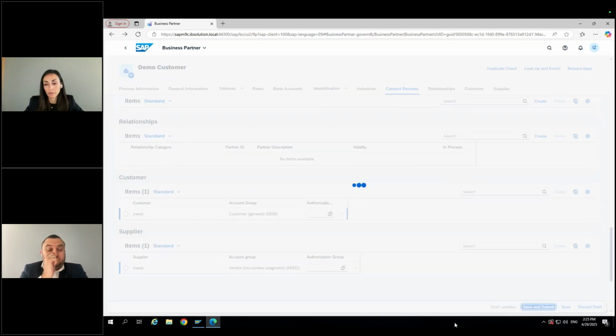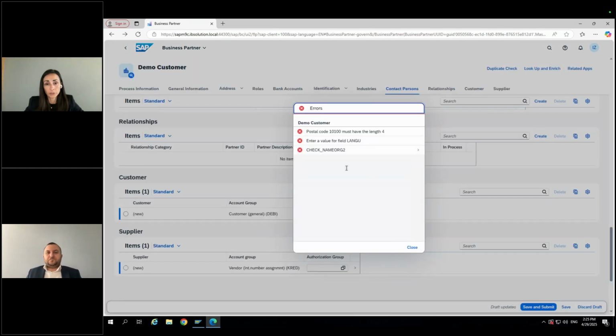But save and submit will also do all the validations and tell us which errors we still have to maintain. Right now, the errors can't be used with navigation.